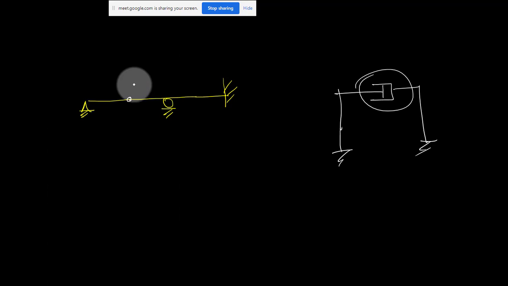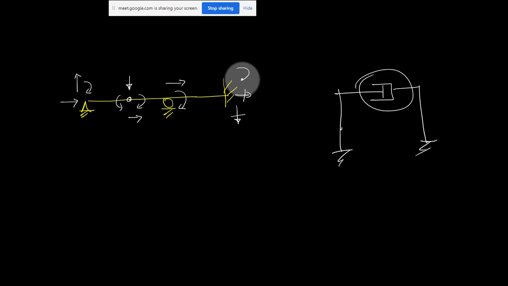First we will not reduce. No, it is not like that. First we simply draw all the possible degrees of freedom. In a joint in a 2D frame or a beam, 3 degrees of freedom are possible: 1, 2 and 3. If you have a hinge, these 4 are possible. This is a roller, there is no horizontal reaction, so it can move and it can rotate. It is a fixed support, so it cannot move and it cannot rotate; all 3 degrees of freedom are not possible at this fixed end.